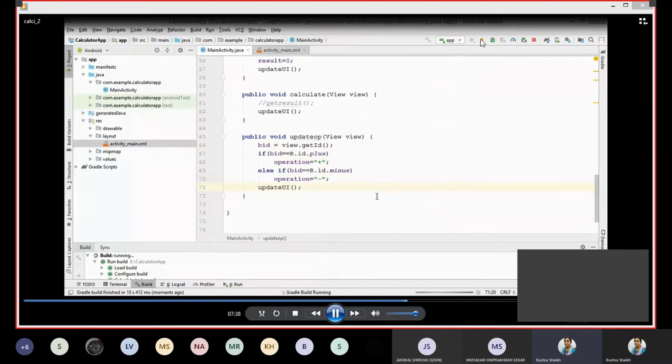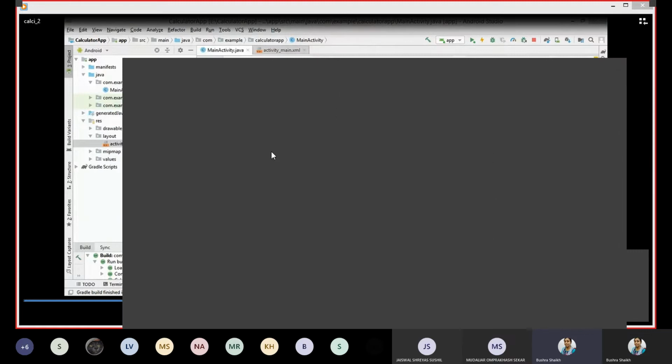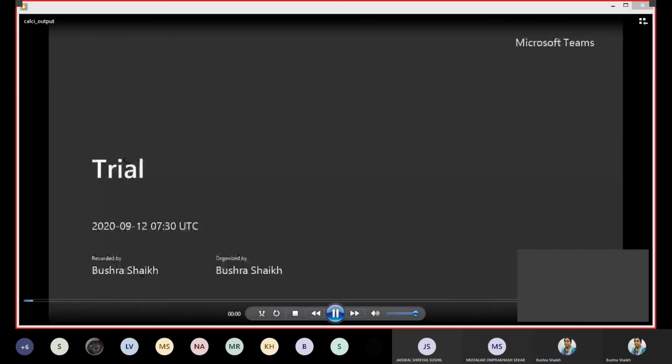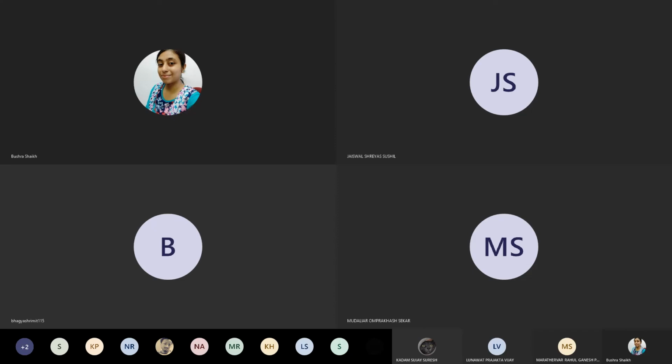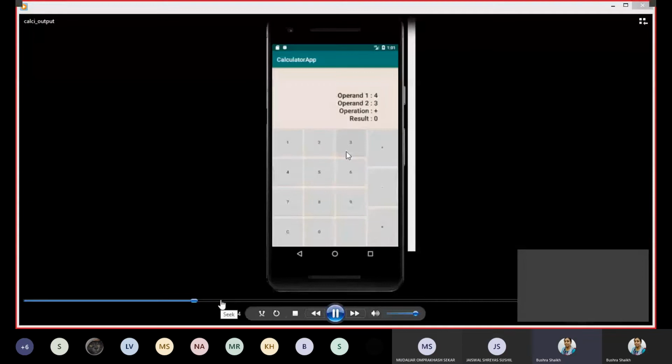Here I tried executing the code again, just to verify whether my operations are shown properly or not. So we'll show you that part. We'll forward this again. Now you can see here I'm trying to see whether the operation module, that is the update operand module, is working properly or not.